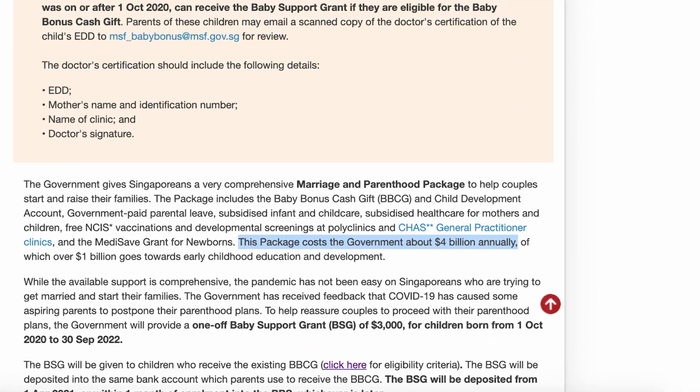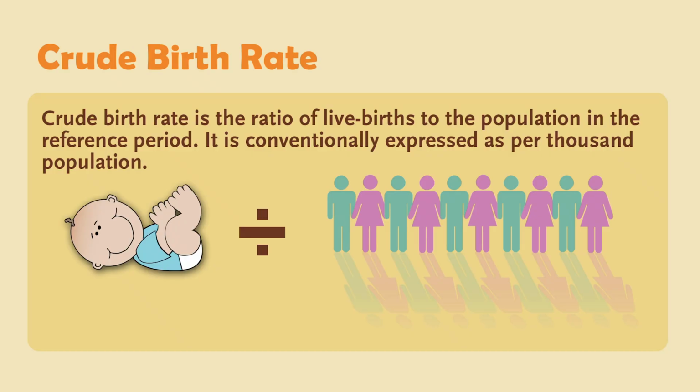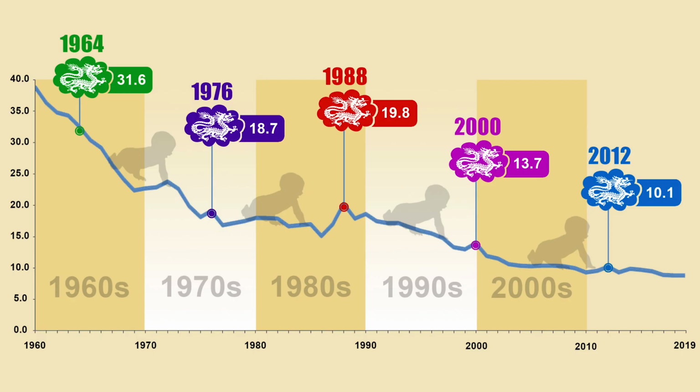It actually costs the government here $4 billion every year. The reason behind this government initiative is that Singapore's crude birth rate, which is the ratio of live births per 1,000 people in the population, has been declining for years. So the government is giving its people incentives to make more babies. As well as the cash grants that get deposited into the parents' bank account,